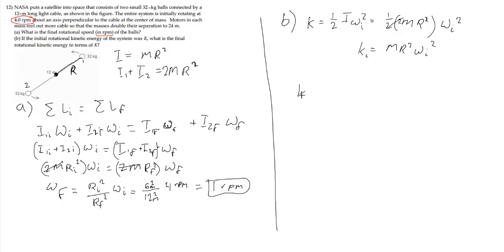Now let's take a look at what our final kinetic energy looks like in terms of the initial kinetic energy. So this is again 1/2 I final omega final squared. So we can write an expression for the final I, which is just going to be 1/2 times I, which is going to be 2m still, but now r is double the initial r. If this was our initial r, the radius doubles, so it went from 12 meters before to 24, which means it went from 6 here to 12. So I'm going to call this 2r, which is what this is, the initial one, r initial